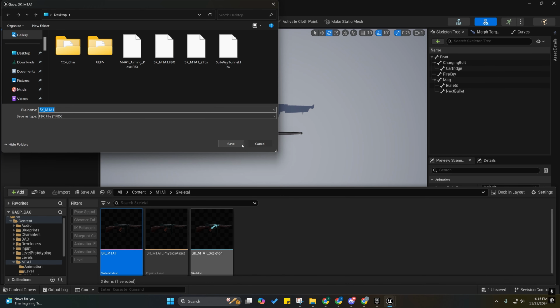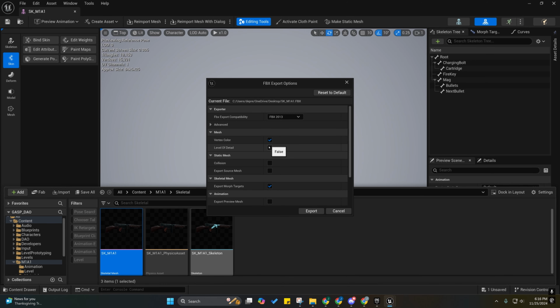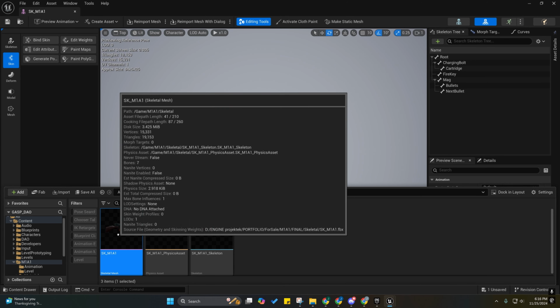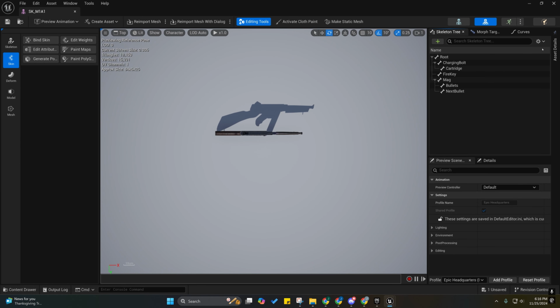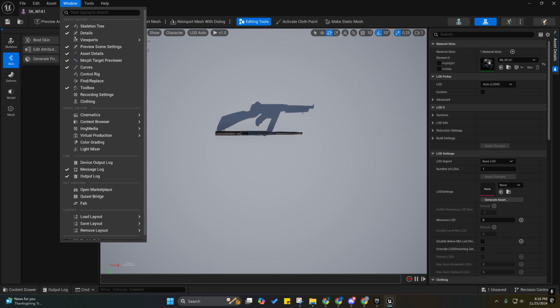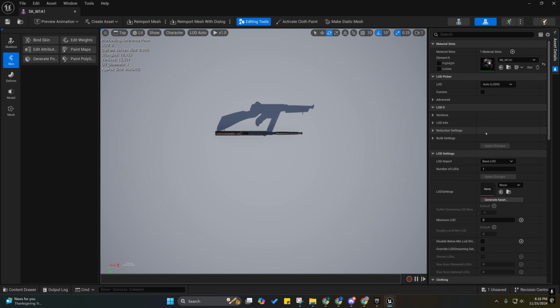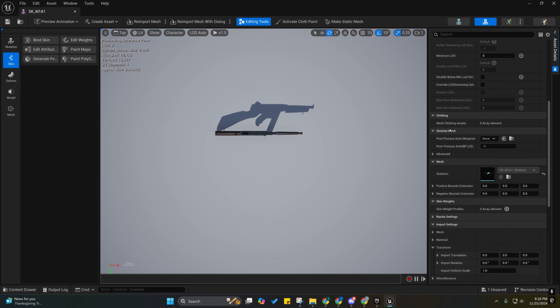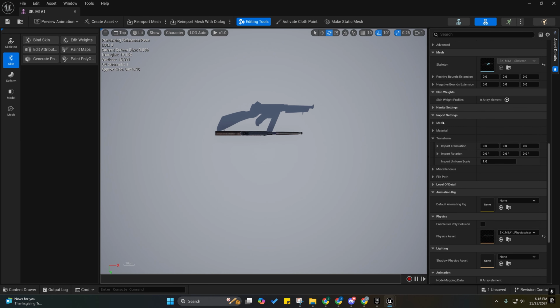This is one way to do it. If it's already in your project, then you can just export it. I export without level of detail or collision when I do this. And then what we can do is go to our asset details. If you go to window, it should be checked right here. Mine is docked to the side. I did that intentionally. But anyway, if I scroll down to the import settings, you'll see that we have a